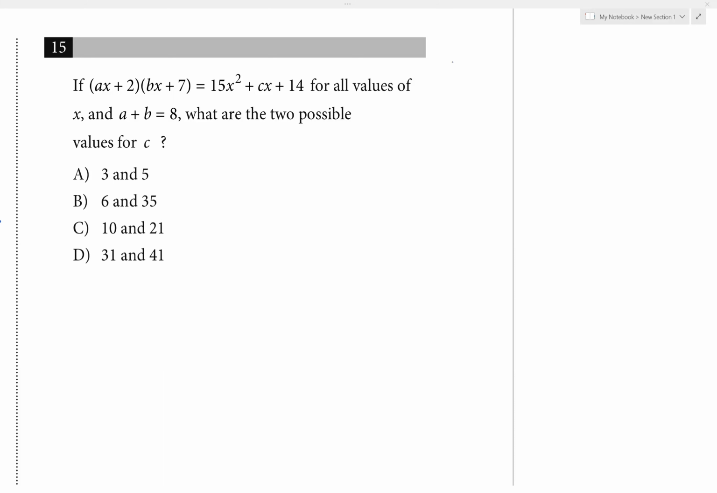Okay, so based on the equation here on the left side, let's go ahead and multiply this out. Okay, so ax plus 2 times bx plus 7. Let's see what we get, right? Because on the right side, there's really not much we can do to simplify this. So let's start from the left side. So if we do FOIL and multiply this out,